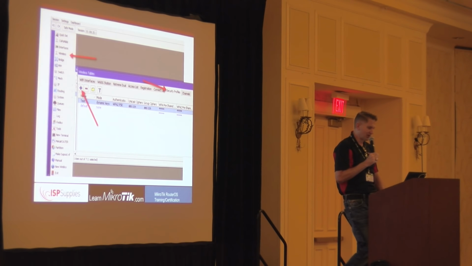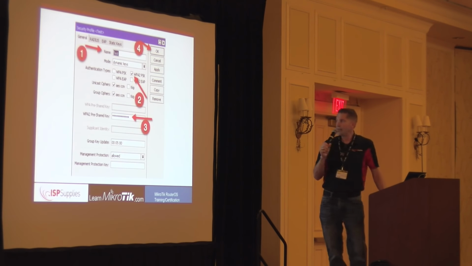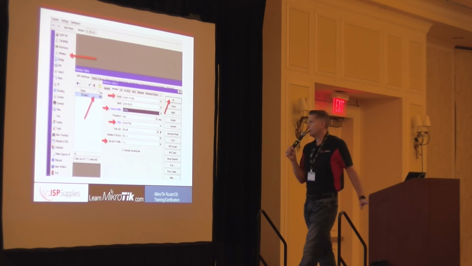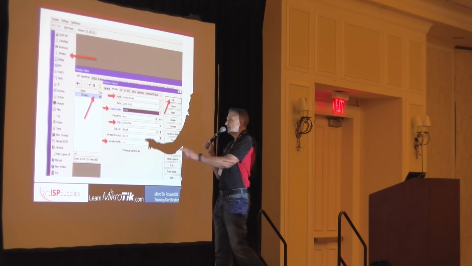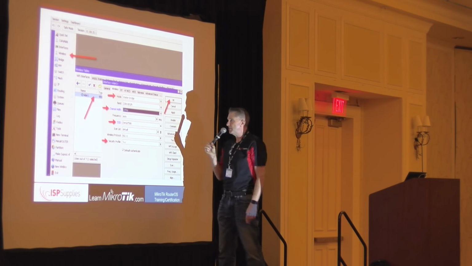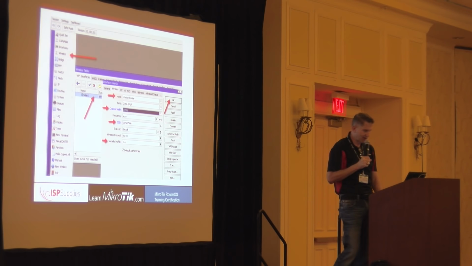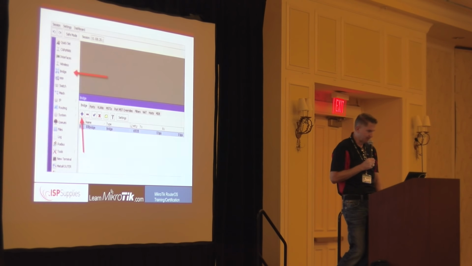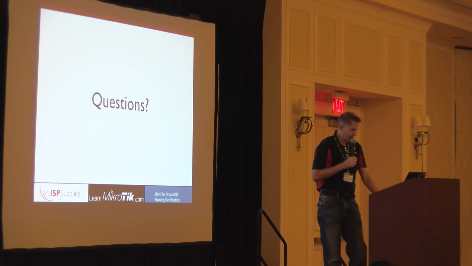On the other end of the bridge, you're going to do exactly the same thing with one caveat. You create the security profile just like you did. Then you're going to go and apply that security profile in the wireless adapter on the wireless tab. The only difference between the 2 ends is this end you'll put in station bridge mode. Make sure the band matches as well as the channel width and the security profile, and then click OK. Create the bridge, add the ports, and you're good to go.